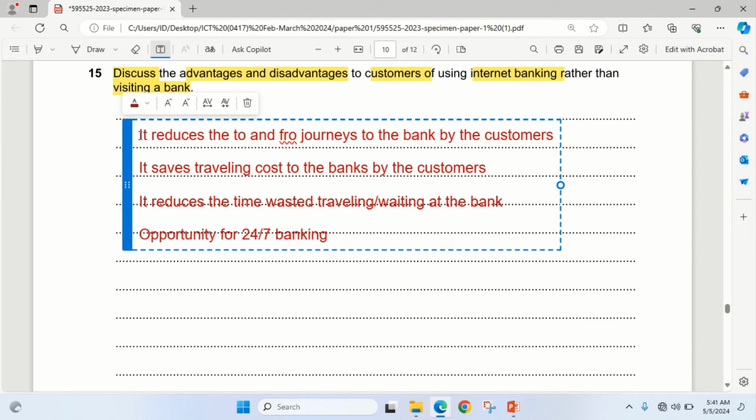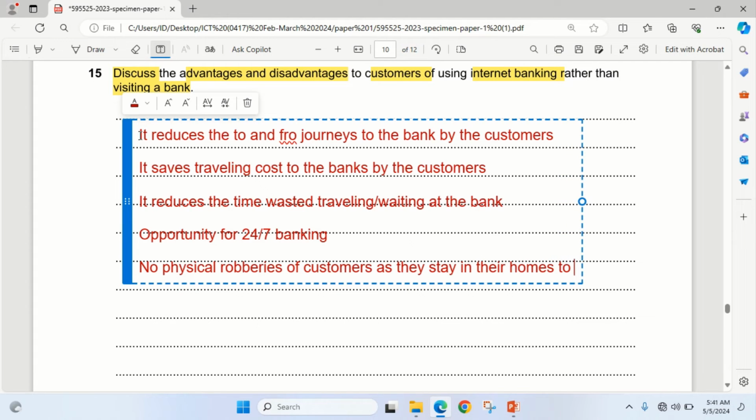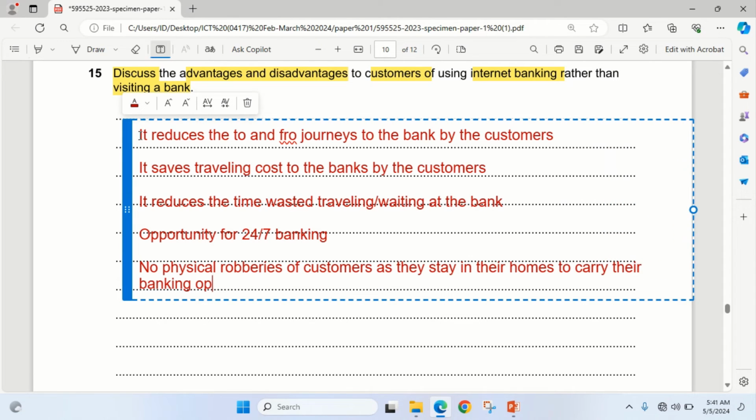Then no physical robberies is possible of customers. That's also an advantage. No physical robberies of customers as they stay in their house to carry out their banking operations. So physical robberies, take note of that, not just robbery, because they can be scammed online, but no